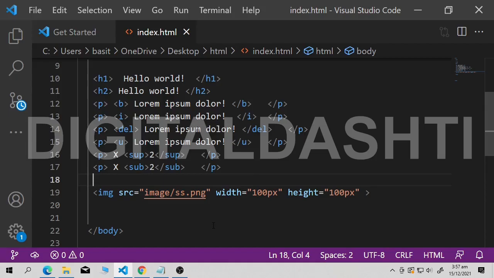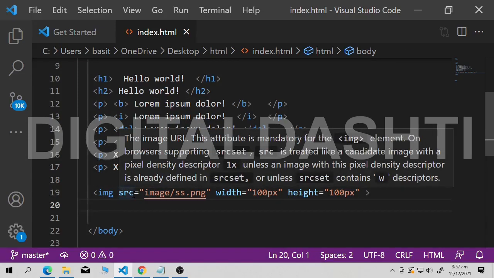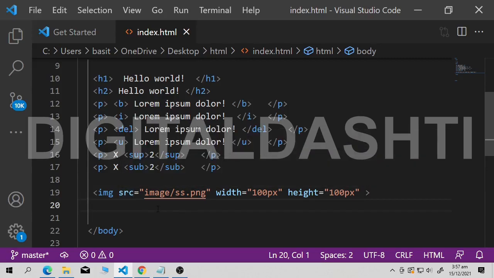We define attributes inside our HTML tag, and attributes provide more information about an element. Now this is our image element. This src attribute provides information about where our image is in our website, and this is fetching the image data.